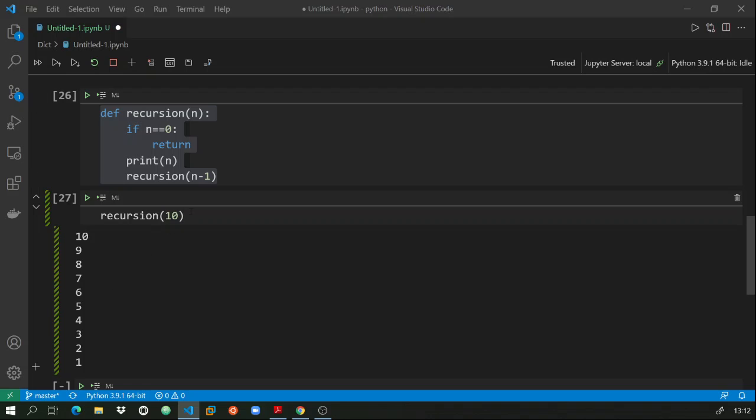We can also do this using a for loop, but recursion is sometimes useful to easily solve our problem, where a for loop makes the thing more complicated. Okay, so this is the concept of recursion. You can go ahead and Google it and study more about this recursion concept, like a function calling itself. That is the concept of recursion, and we provide a base condition so as to stop that infinite loop.